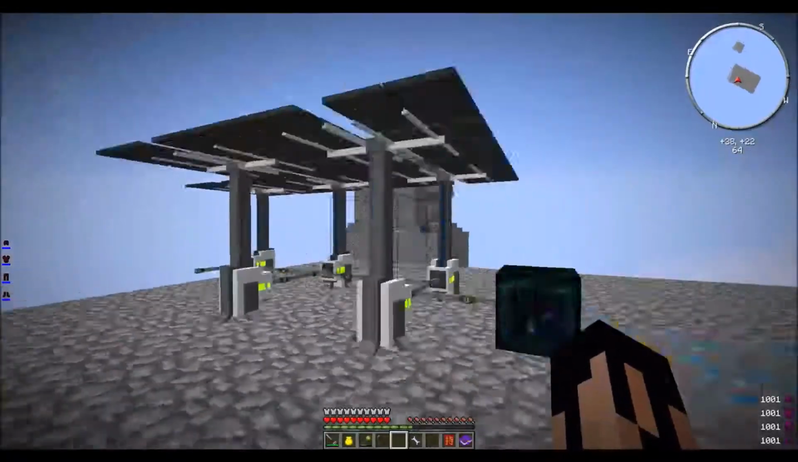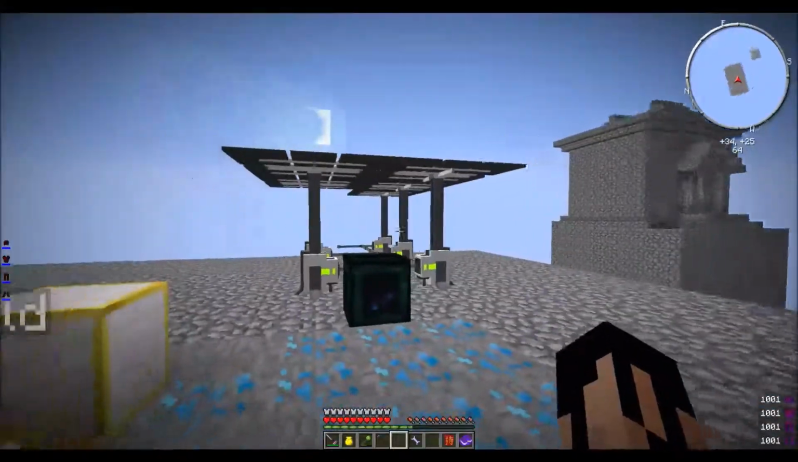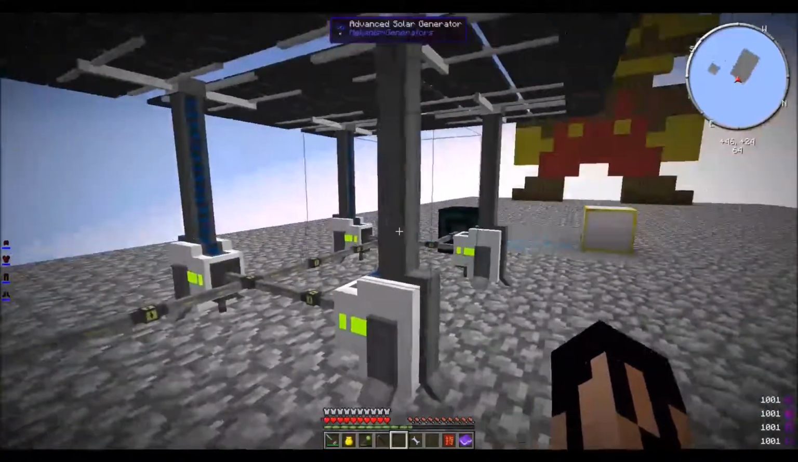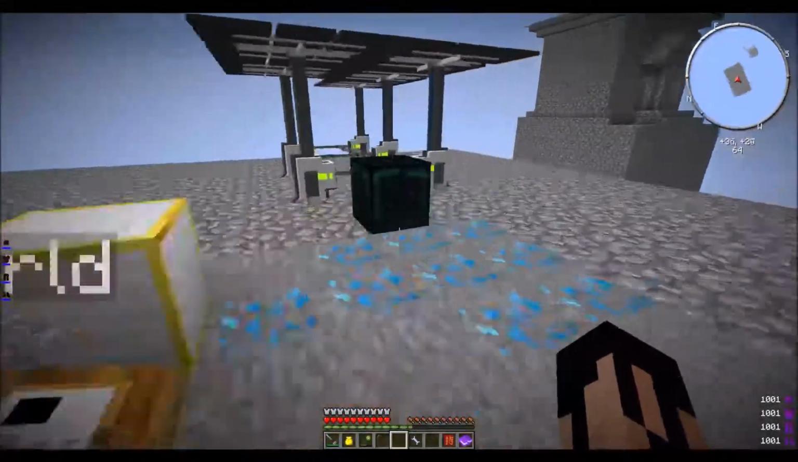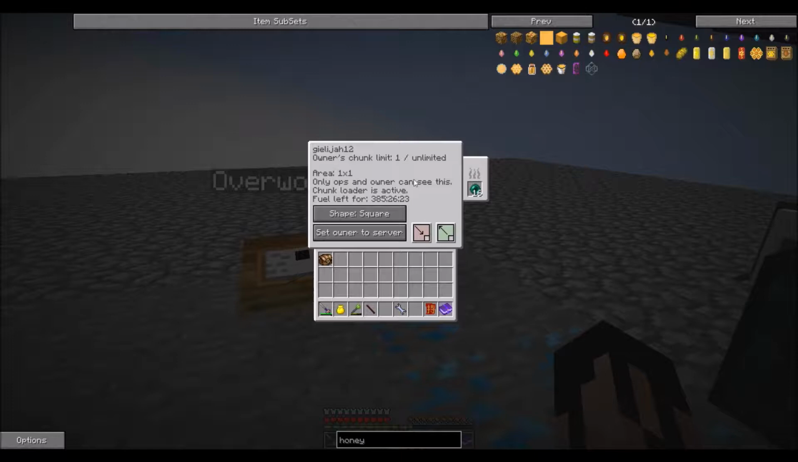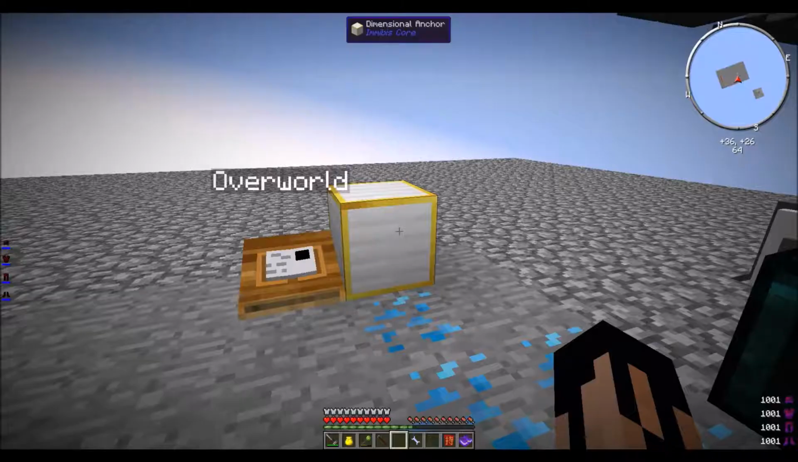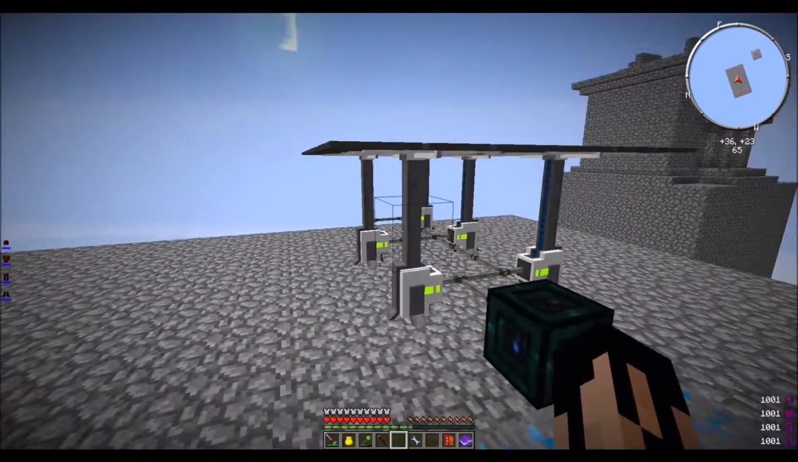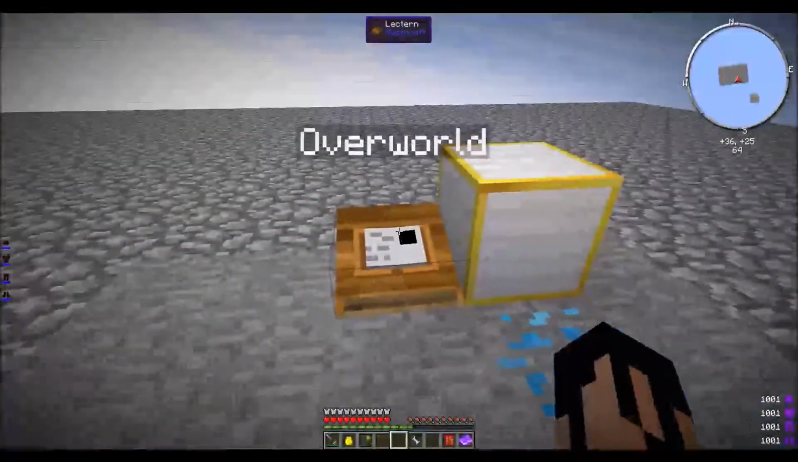Okay. So this age is apparently always day, so we have these compound solar panels here. I'm thinking I might move many of these. Oh wow. Okay, this lasts like forever. Back so that, okay, so I made all these solar panels because I want